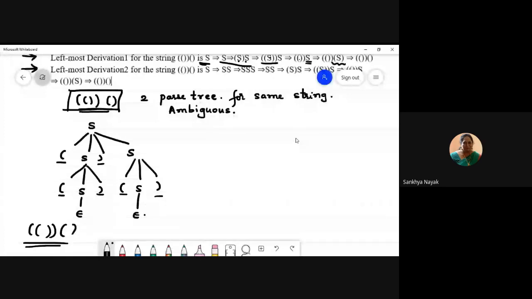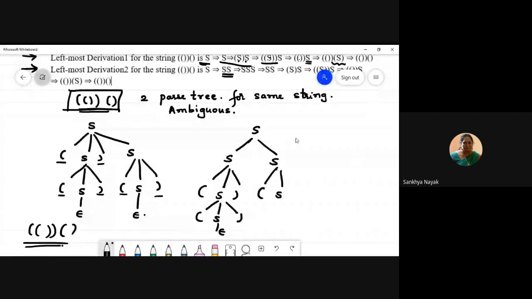The same thing I can derive using this. S derives SS, first step, correct? After that, this S is expanded as open bracket, S and closed bracket. Maybe again this is expanded as open bracket, S, closed bracket and an epsilon. And this S is later expanded as open bracket, S, closed bracket and epsilon. Again in this case also I have open bracket, closed bracket,